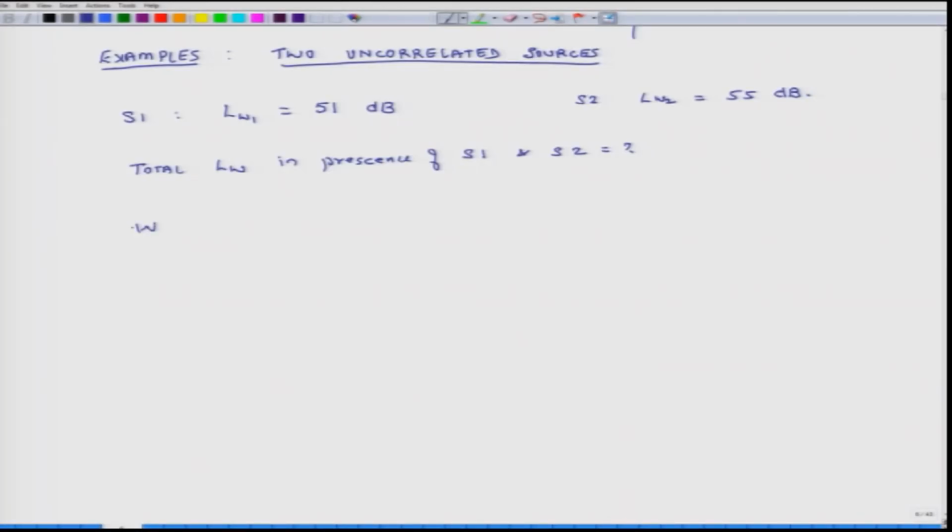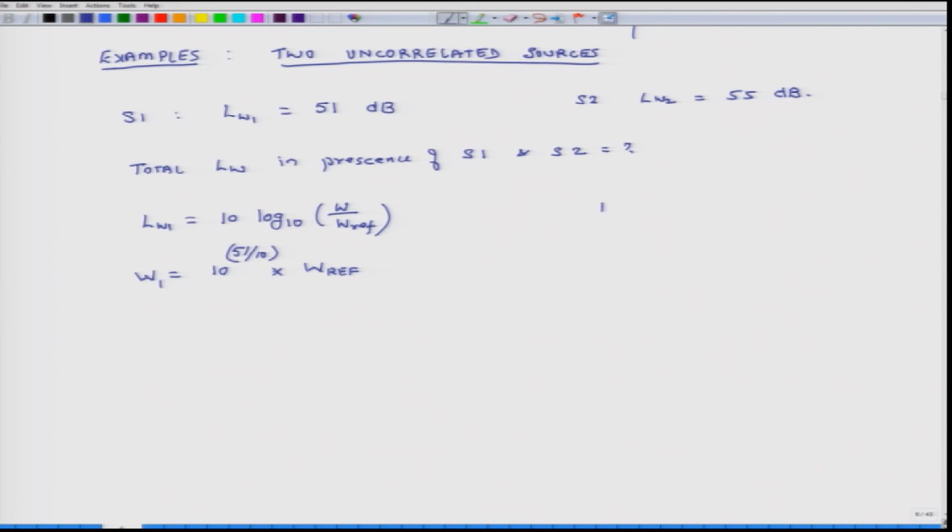So, LW1 equals 10 log 10 W by W ref, which means W equals, and LW1 is 51, so 10 to the power of 51 divided by 10 into W ref. This is my wattage of the first source,